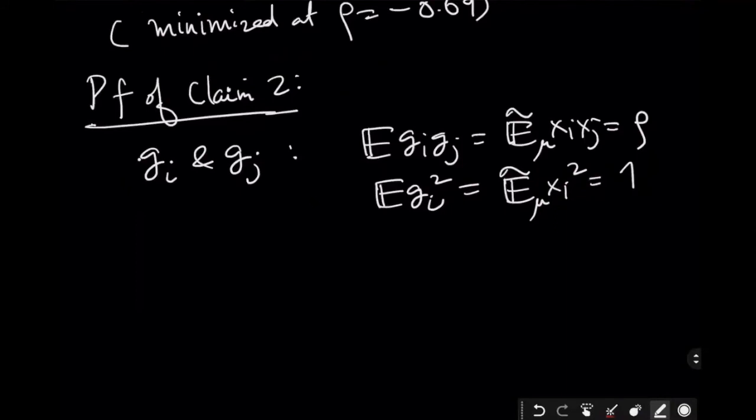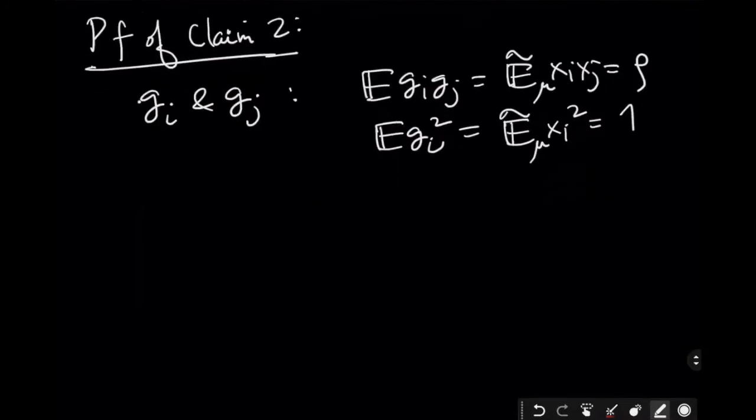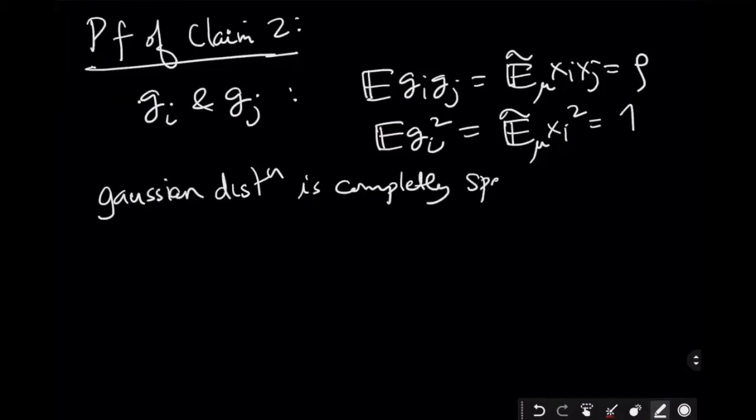So we know that the expectation of the square of these Gaussians is 1, and the correlation between them is rho. Now the observation is that if I give you two scalar random variables whose distribution is jointly Gaussian, and I tell you their mean and correlation, then there is only one Gaussian distribution in the world which satisfies that. A Gaussian distribution is completely specified